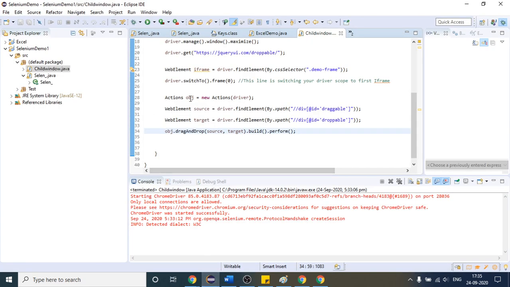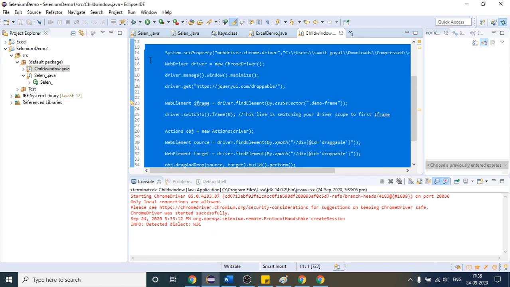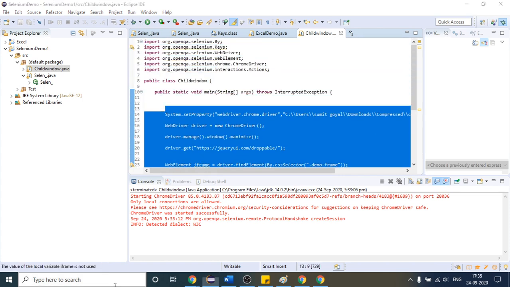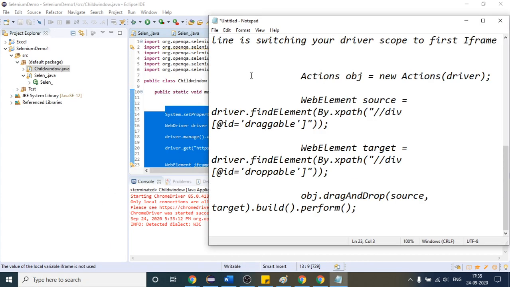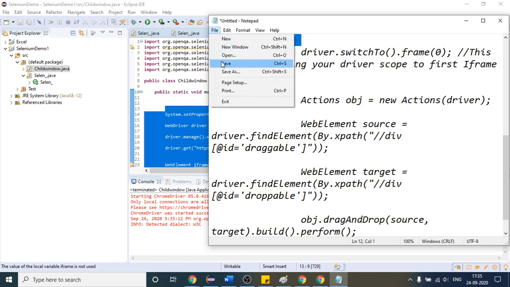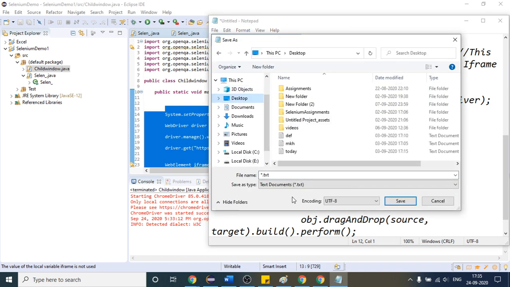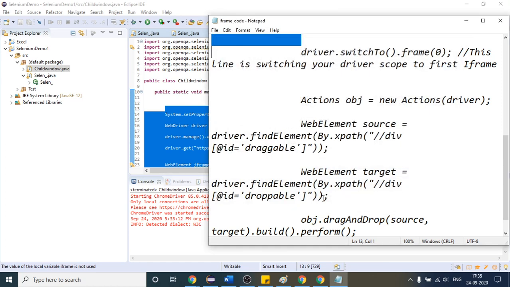Till now, as you have seen earlier, suppose I remove this code first. Let me copy this code so that I can share it after the class. If I paste this code here, this is the iframe code.